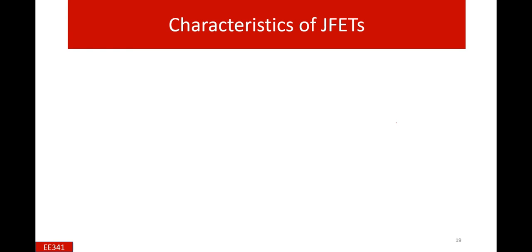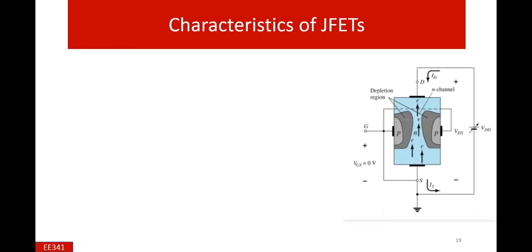So this is the n channel JFET. So first condition is when there is no voltage applied between the gate and the source, zero voltage between the gate and the source, and these are directly connected with each other, and there is a certain voltage applied between the drain and the source, and this is the VDD, which is the voltage applied between the drain and the source. Sometimes maybe we can say it is VDS.